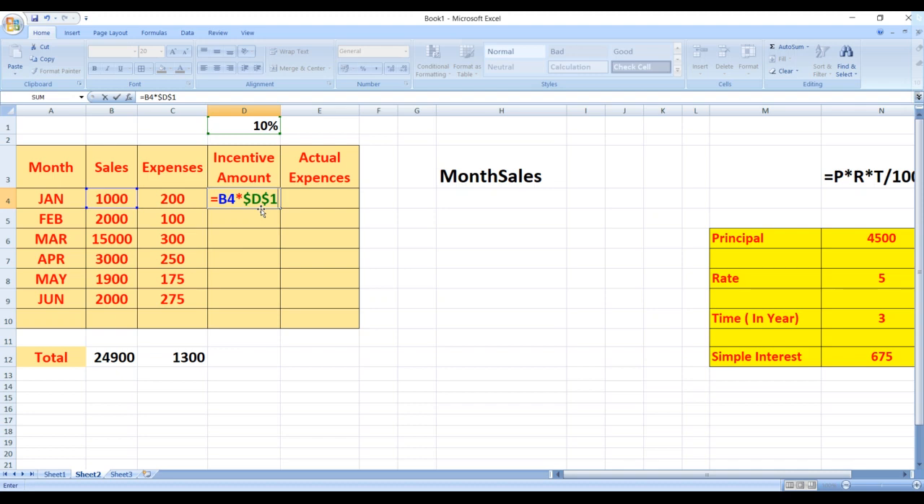So understood students, I'll press the enter key. So what is the 10% of 1000? It is 100. So one more time I'll tell you what exactly the absolute reference is. In absolute reference, we don't change the cell address. So we are putting the dollar sign before the cell address. So here again, equals to, I wanted for February month,